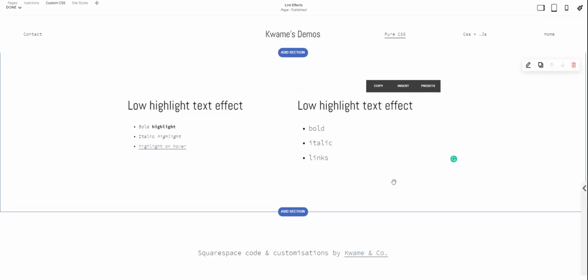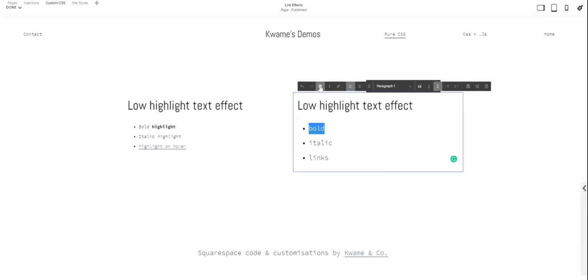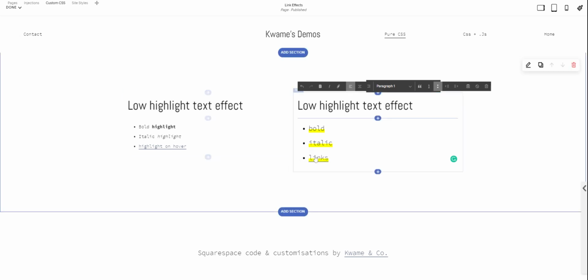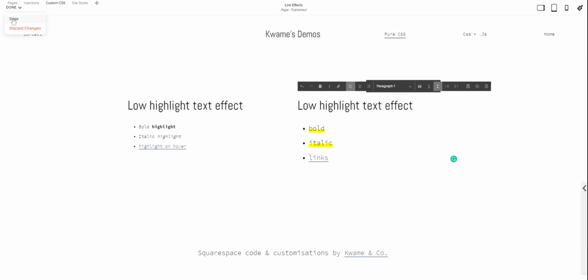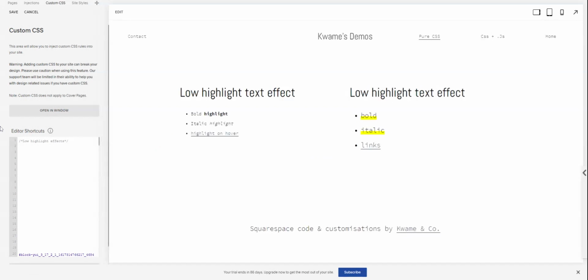Hey, so this is just going to be a very, very quick tutorial to show you how to get these lovely little low highlight effects on Squarespace for your text, including the little hover. Really simple. So obviously it's only working on this one over here and it flickered because I hadn't saved my